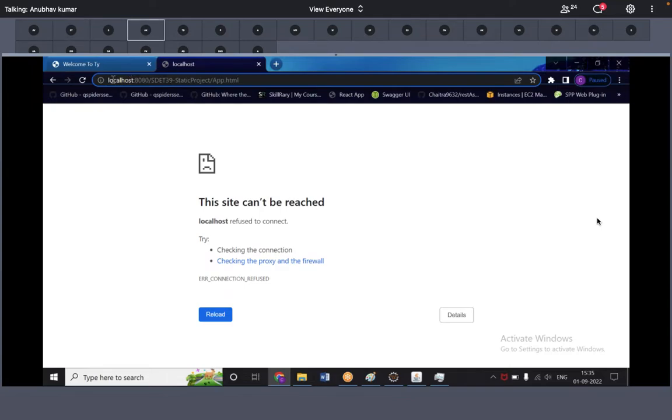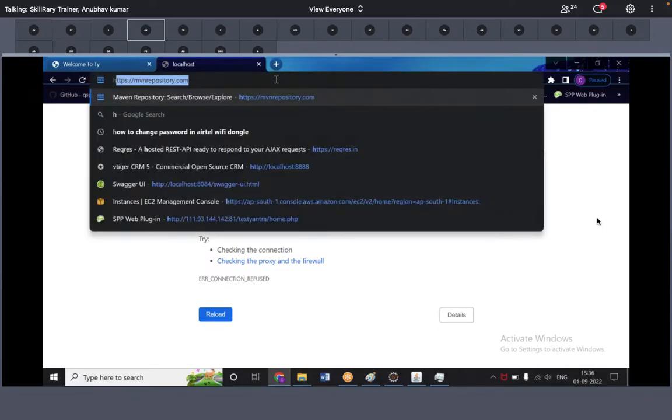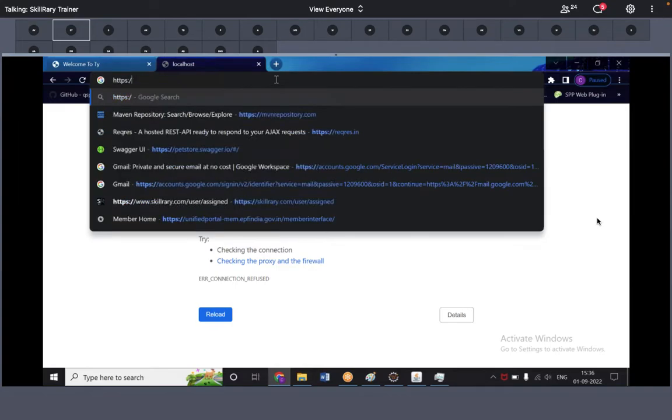Sometimes localhost says this site can't be used. All these applications are not very stable now. That's the reason. Have I used HTTPS? No. If I use HTTPS, it will not work. Mandatorily, I should use